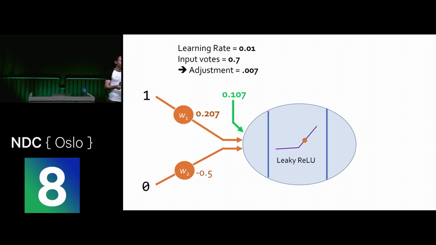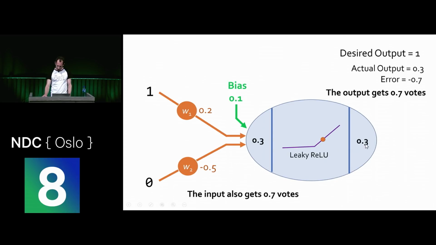Right? So before we code it up, though, I'm going to go into a bit more detail on a couple of things, just for the sake of mathematical curiosity. One is to explain how it is that we're actually minimizing the square of the error, even though we didn't calculate it. And the other thing is to explain how we deal with this ReLU. Why is it that we multiplied by what is effectively the slope of this function? The output got 0.7 votes, the input got 0.7. We multiply by the slope of this function wherever it is.